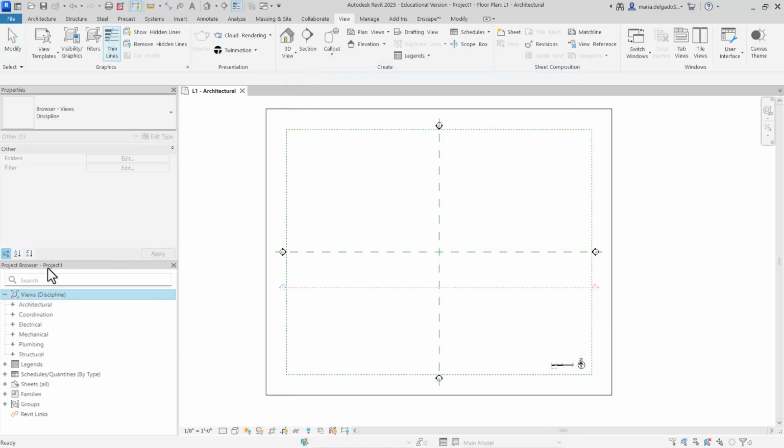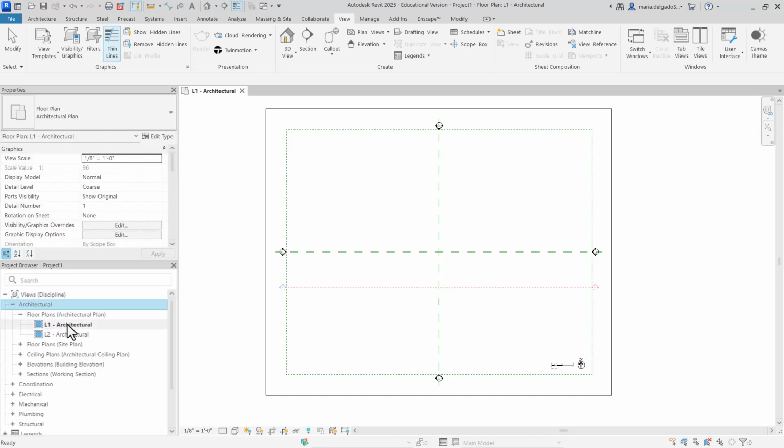And I now have gone to my project browser in Architecture, and I've opened up, you'll notice that this title sheet, which is called a View tab, this View tab here, L1-Architectural, is opened up. If I were to double click on L1-2, you'll see that I opened up a new View tab. So this is Level 1 View tab, this is Level 2 View tab.